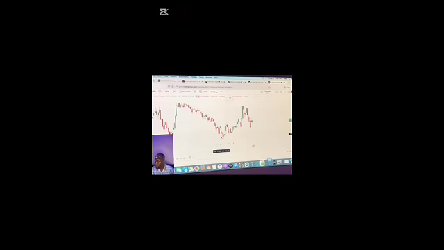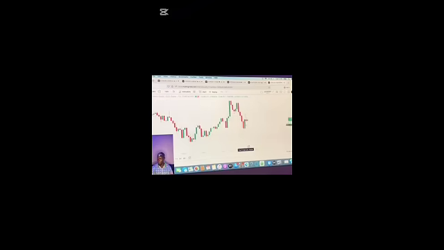At first I drew a Fibonacci at this level, so I was expecting price to get down to this level for me to take the buy. But in all honesty, I am a bit skeptical about this trade. Although I can see this juicy engulfing that is formed right here, at the same time I'm a bit skeptical because